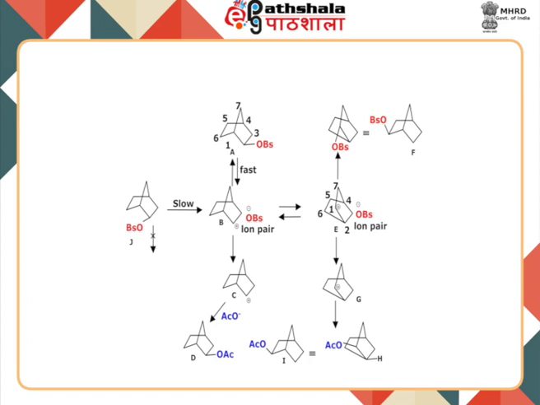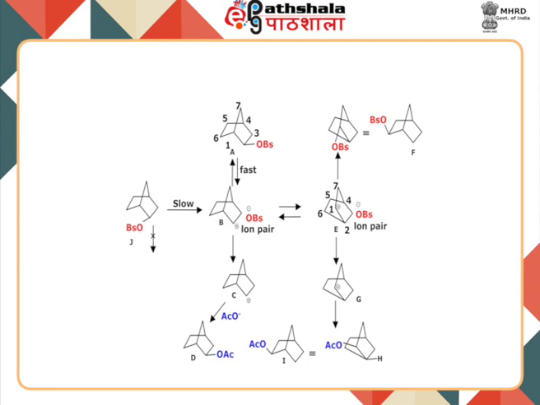detached totally. On the other hand, if we start from third, that is where the OBS, the brosylate group, is at the endo position, then this is a very slow conversion from endo to this ion pair formation. Now, furthermore, this will undergo detachment and we get a proper carbocation at this position. So, you can see this C intermediate getting formed, which is the carbocation, and this carbocation is then attacked by